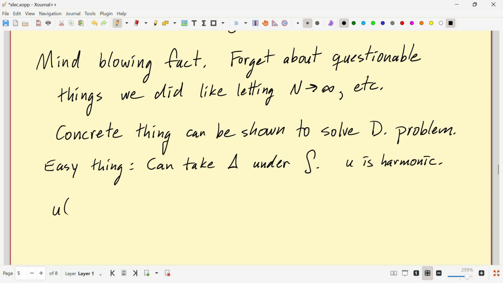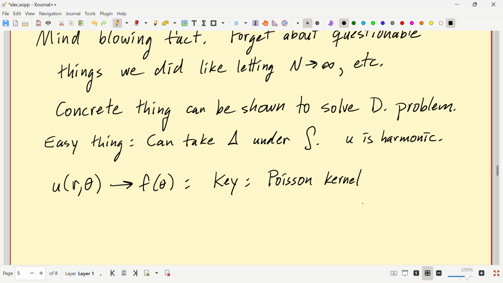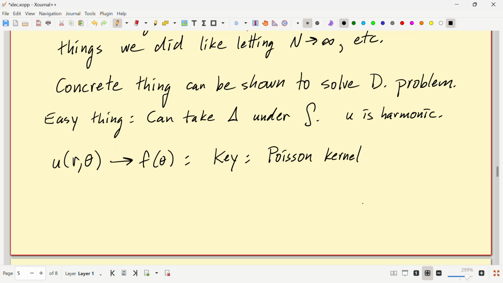Showing that u of r theta tends to f of theta, the key to that is that the Poisson kernel is a good kernel in the sense of Stein. It has a big bump where it's supposed to. The area underneath it is 1. It's positive. It satisfies those four conditions. And so it's a good kernel. I can demonstrate that just by looking at the formula and saying, sure enough,